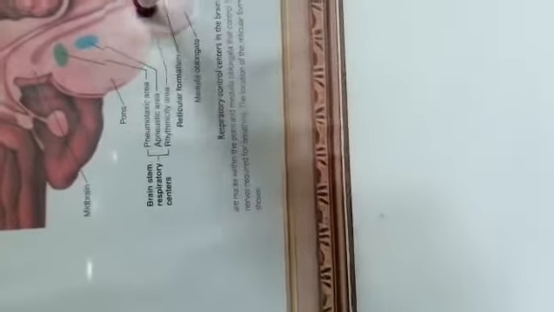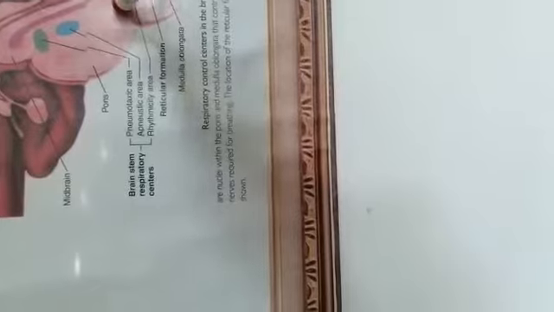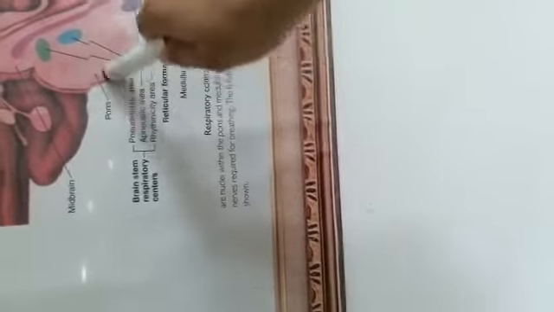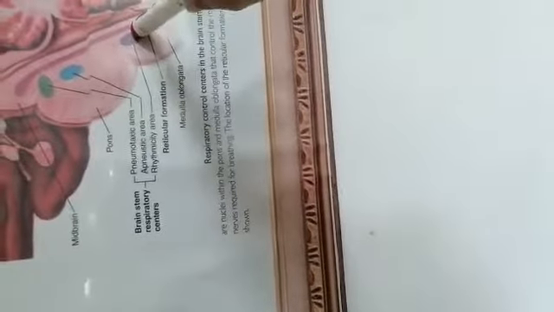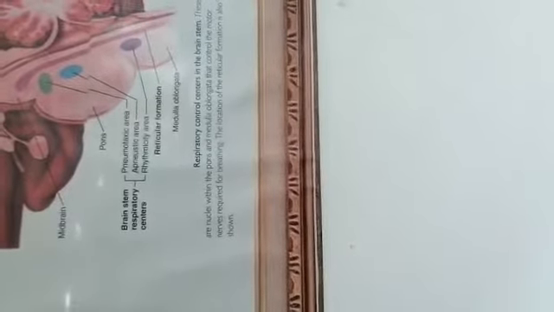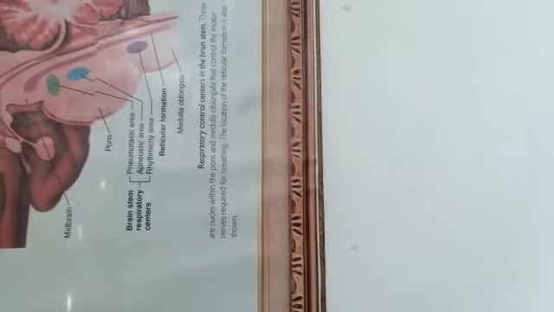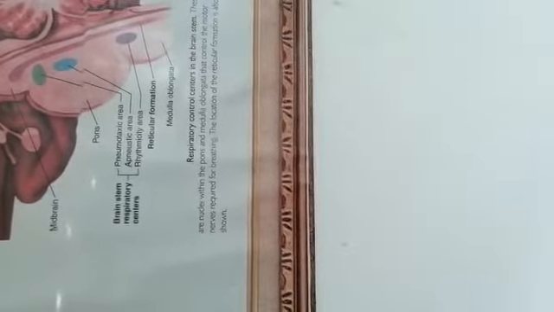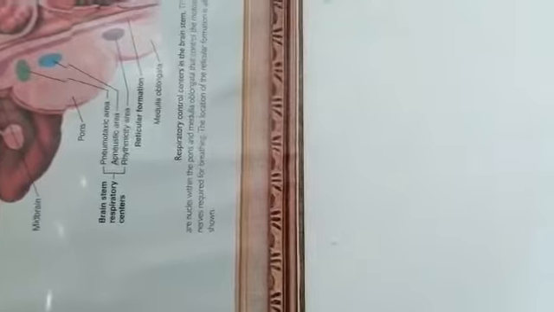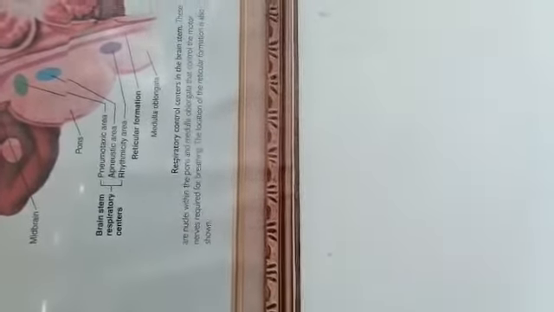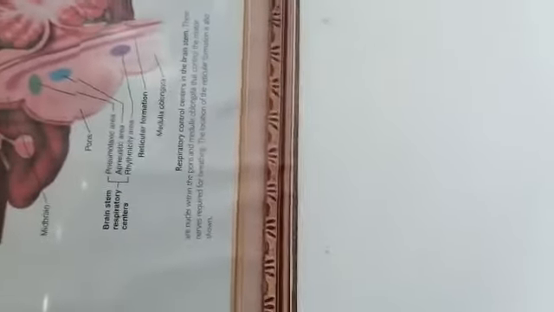Here you can see the respiratory center which is located in the medulla oblongata. This respiratory center works in coordination with the respiratory center located in the pons. Basically, this respiratory center sends impulses to the phrenic nerve and intercostal nerve, which control the contraction of the diaphragm and the intercostal muscles. And in this way, this center controls the rate and depth of breathing. The other center which is not shown over here is the cardiovascular center which is located in the medulla